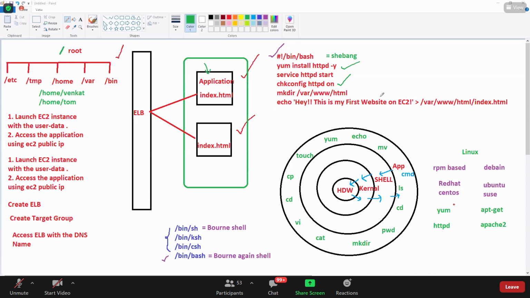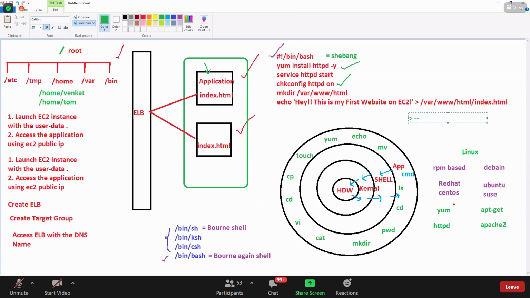Whatever content you're putting in single quotes here, if you use this greater than symbol, guys, it can forward, or the greater than symbol is also used to create.